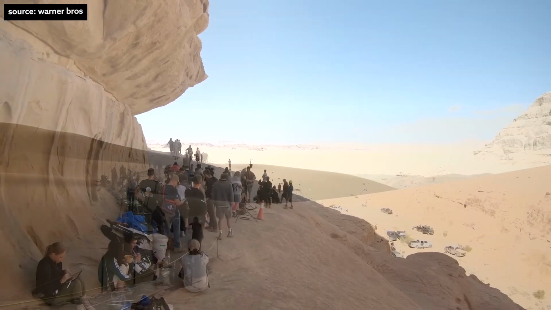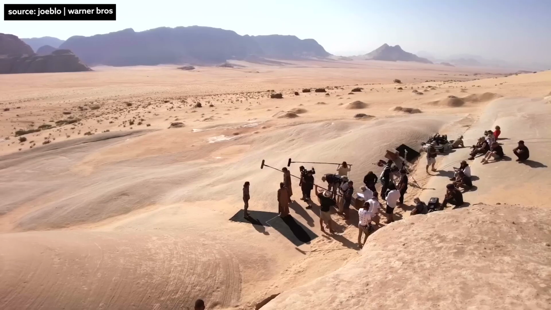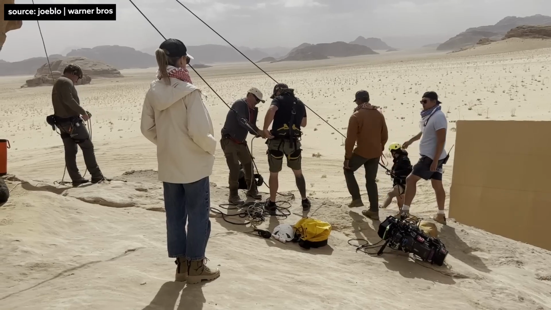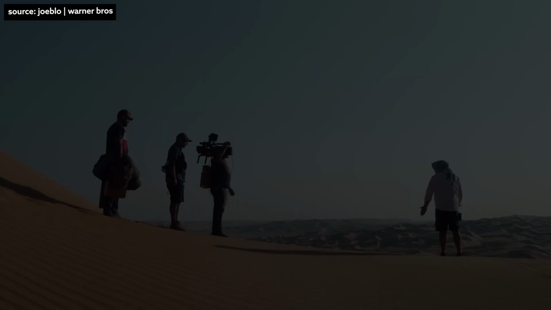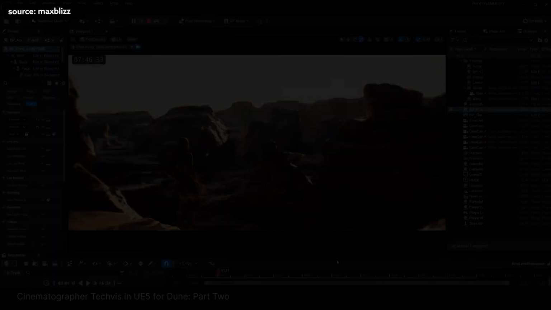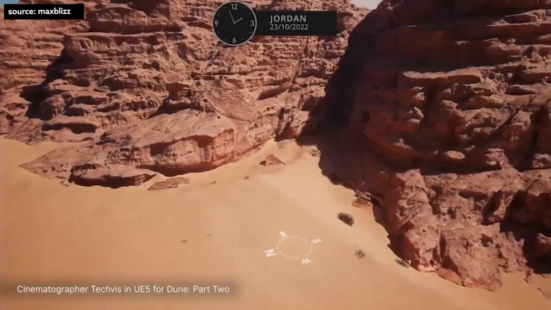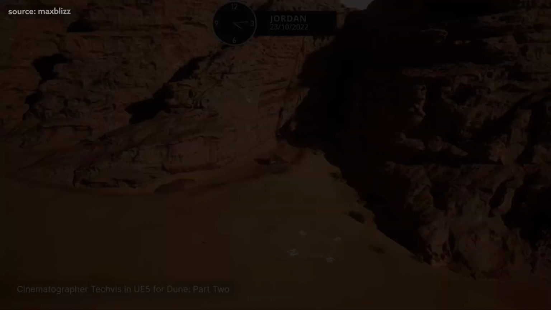Shooting in the Wadi Rum Desert and Liwa Oasis meant visible light was often obstructed. Trenches and shooting areas had to be intensively mapped out by the crew. Whole sequences of the movie had to be rendered out in Unreal Engine, just to determine the exact time of day when the sun would be positioned to reproduce the desired cinematography.